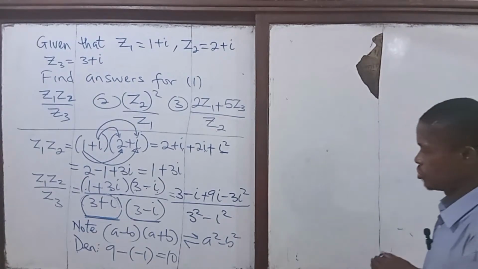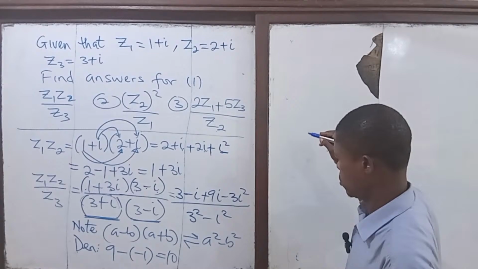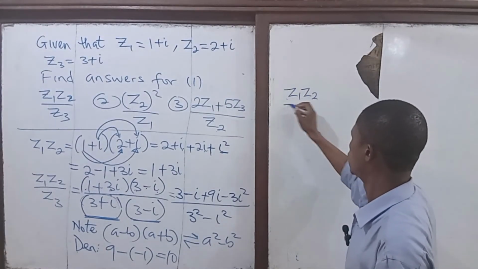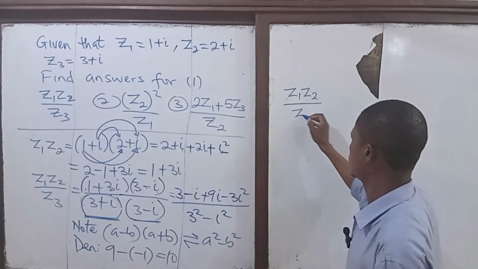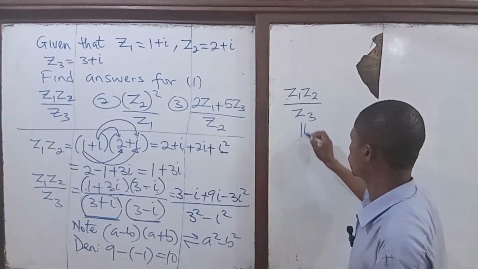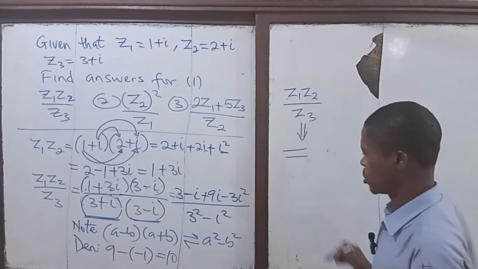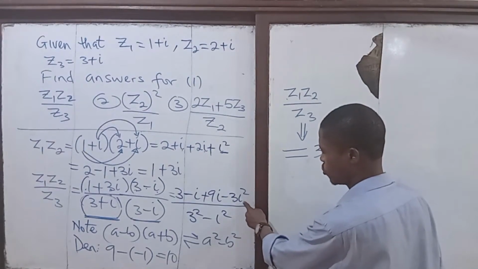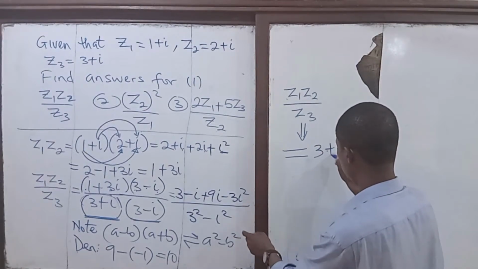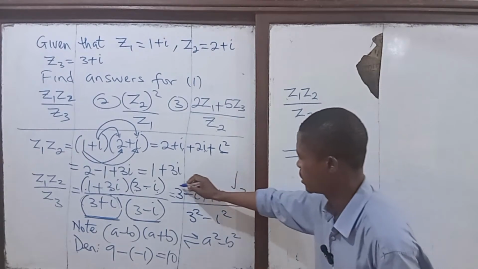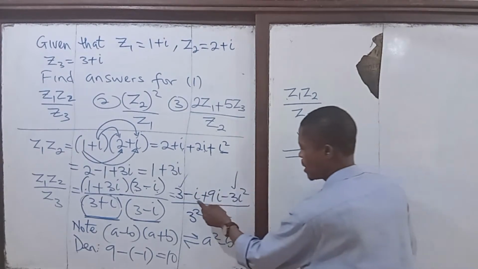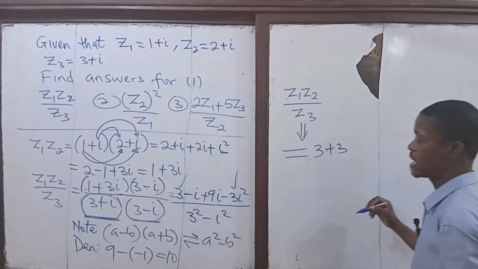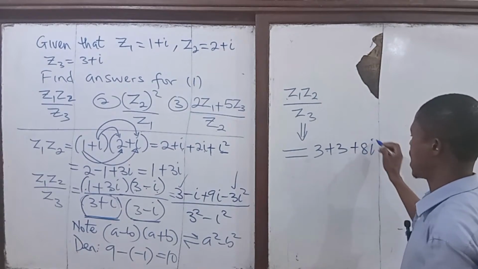so this will be equal to, for the numerator, z1 z2 over z3, it will be equal to 3. This one, i squared, is minus 1, and that will give us plus 3. This one and this one, combine them together. And then minus i plus 9i. Just add them: minus 1 plus 9, that's a plus 8i over